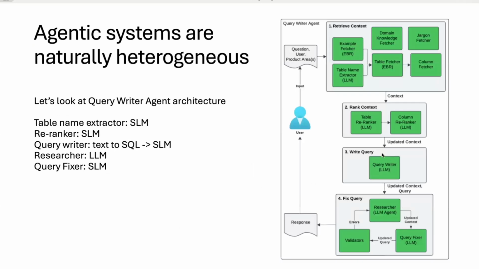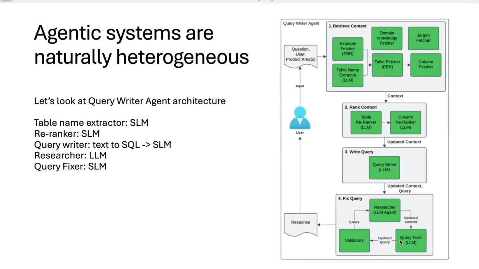I do want to put an example here. This is the example from our last meetup, on the text-to-SQL agent system. There are multiple blocks, as we explained last time. There will be retrieving the context, figuring out what tables to use, what columns to use. And then there will be a ranking part to retrieve the top most relevant tables and columns to write the queries. And then you pass it in, and there will be a query writer to, based on the user intentions, write the SQL code from there.